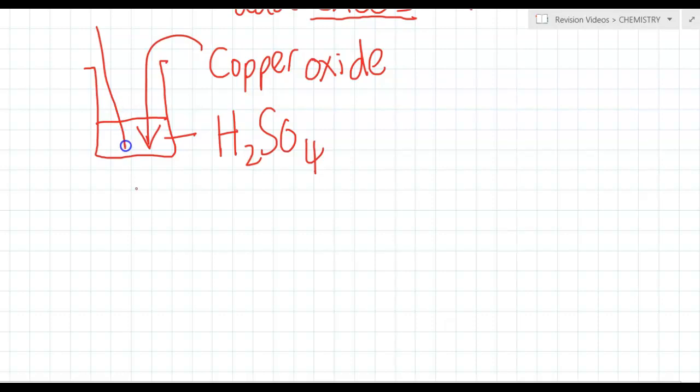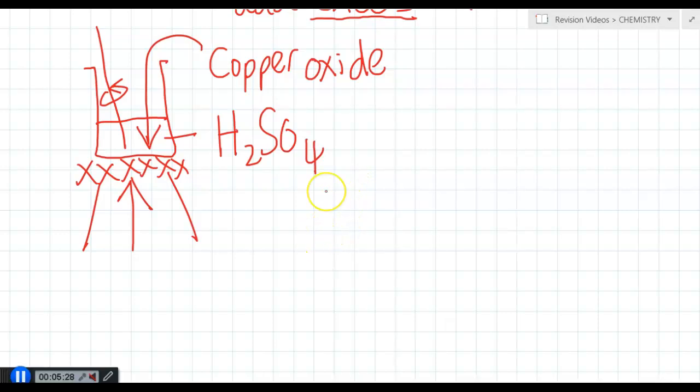And to help this reaction, because it's quite slow, we would have warmed up the acid with the copper oxide in and stirred it so that the copper oxide and sulfuric acid can react faster. Okay? How will we know when it's neutralized? We will know when it's neutralized because we will see in our beaker,